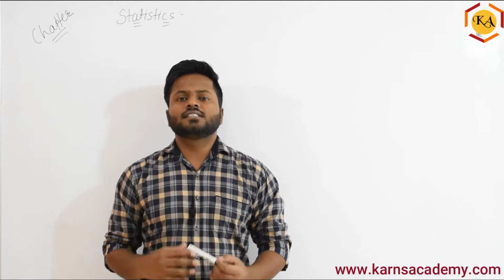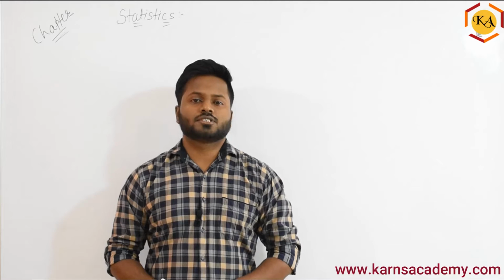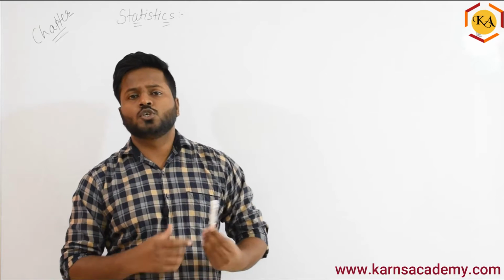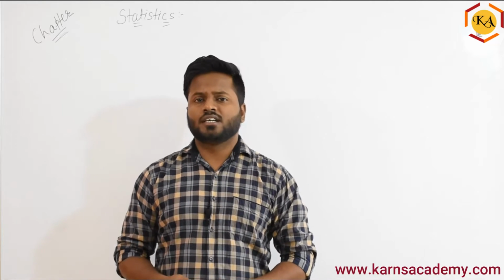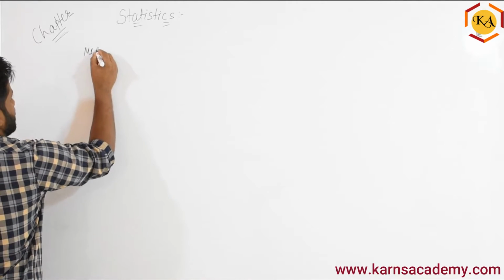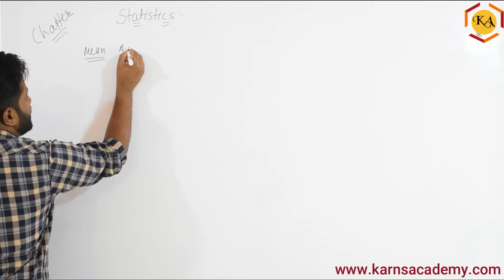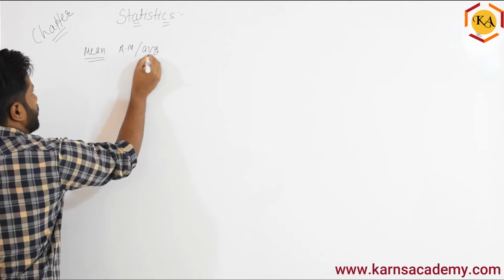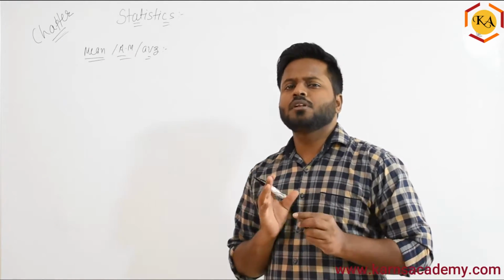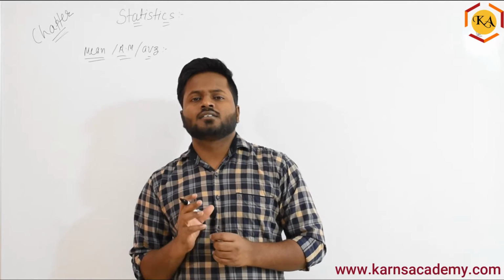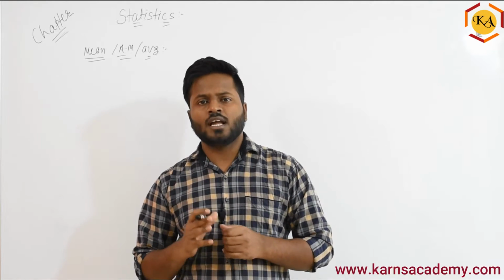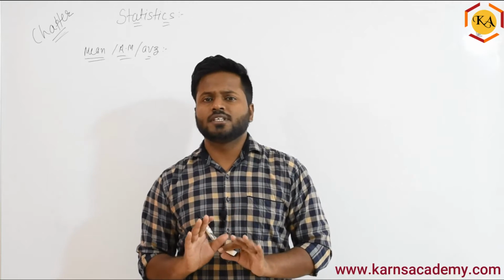Okay, so now let's talk about the arithmetic mean, the very first method in the measure of central tendency. During the arithmetic mean, we will be talking about grouped data as well as ungrouped data, right? So let's start with this. First we are talking about the mean, or you can say arithmetic mean, or you can say average. All are the same. Arithmetic mean, what does it say? It's a very simple way to calculate the average value. What it says is: add all the observations and then divide by the number of observations. Very simple.